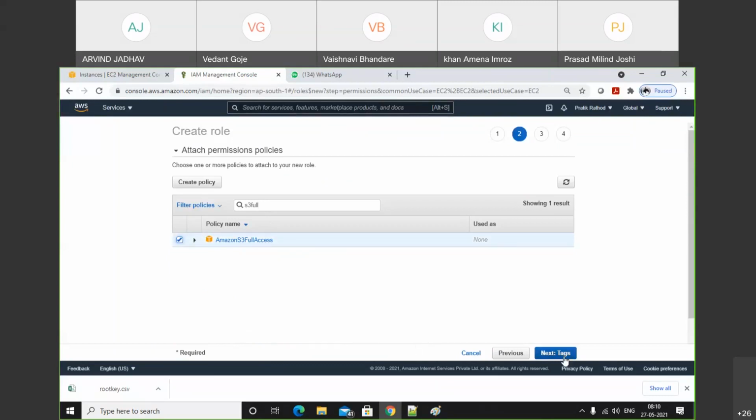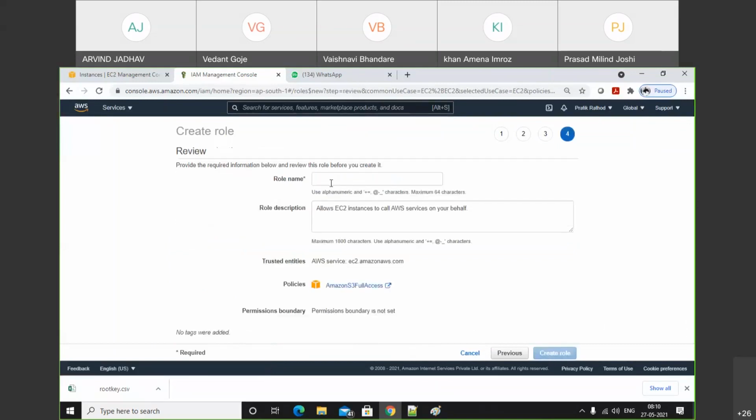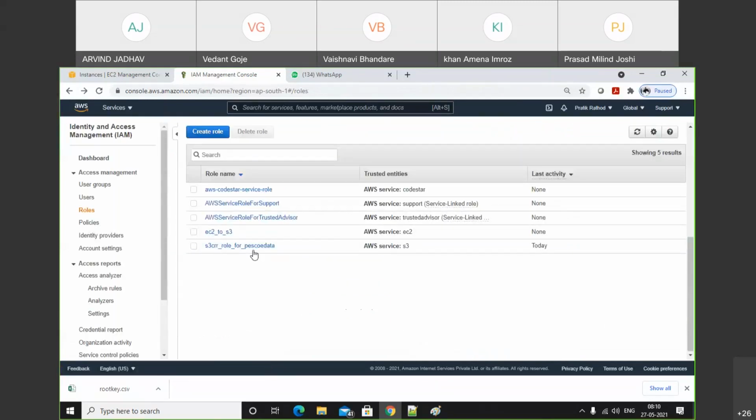Click on next. Here we need to add the role name. So here I will add EC2_2_S3. EC2 to S3. Click on create role. We successfully created the role. So here we have the role EC2 to S3.